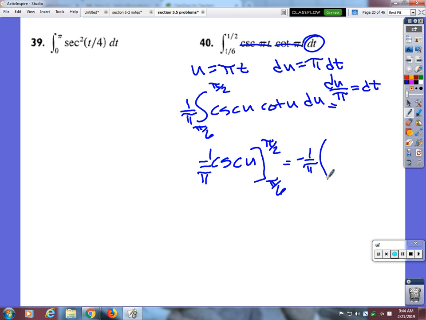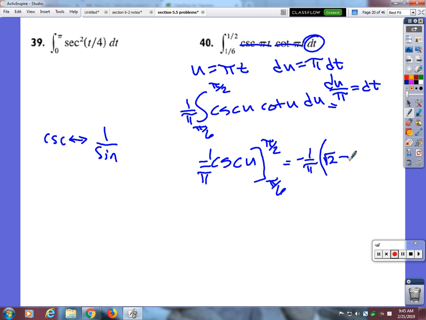So cosecant goes with who? Cosecant is 1 over sine. Okay? So what's the sine of pi over 2? Well, you guys all know that pi over 2 is 45 degrees, right? So sine of that would be 1 over the square root of 2. So if I want to do cosecant of that, it'd be square root of 2 over 1. So this is going to be square root of 2